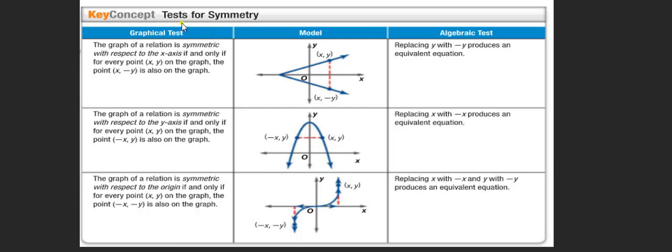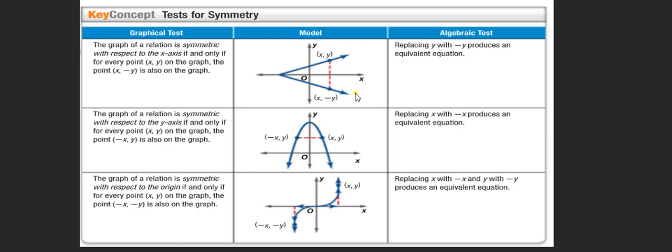In this video, we're going to talk about tests for symmetry. Let's take a look at this graph right here. First of all, this model is not a function because it does not pass the vertical line test. However, this graph is symmetric with respect to the x-axis because if you fold along the x-axis, this graph will